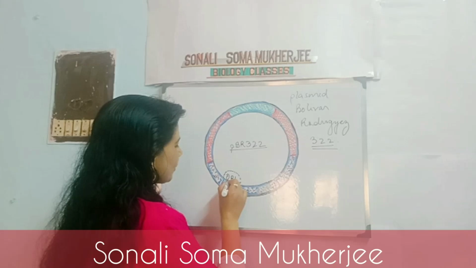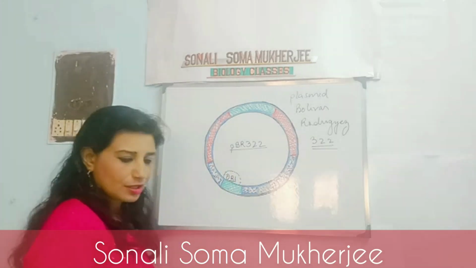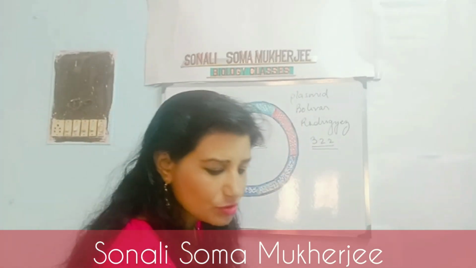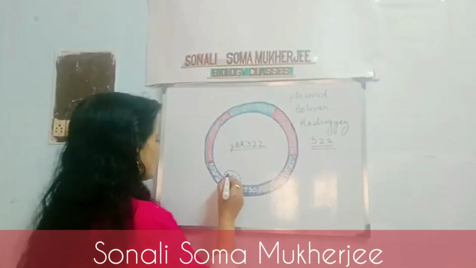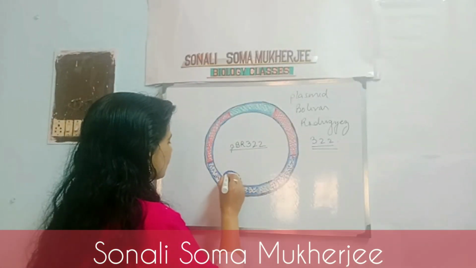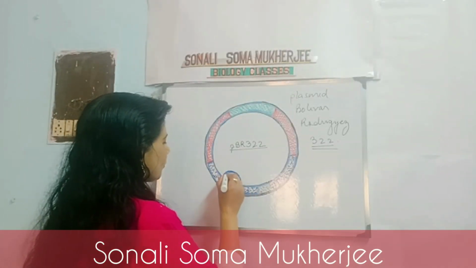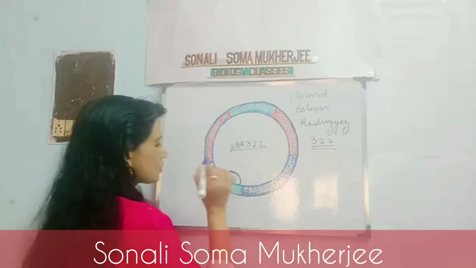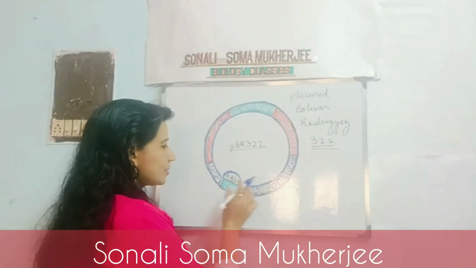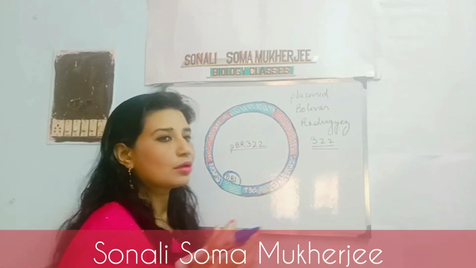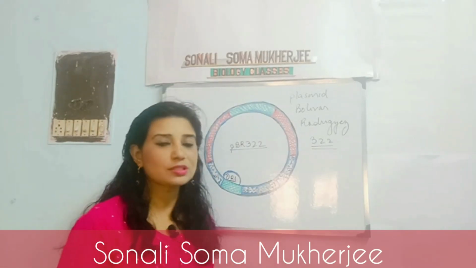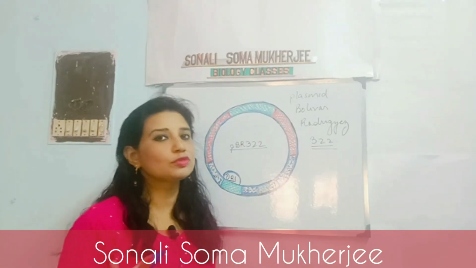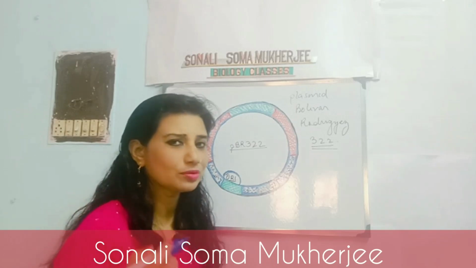so that you can distinguish this from other points. This is the ORI region. Let me use a different color so that it can be well understood. This is the ORI region. So replication starts from this region, and it has a direct interaction with the region of ROP protein, where the synthesis of the protein will take place. This I will come to a little bit later.